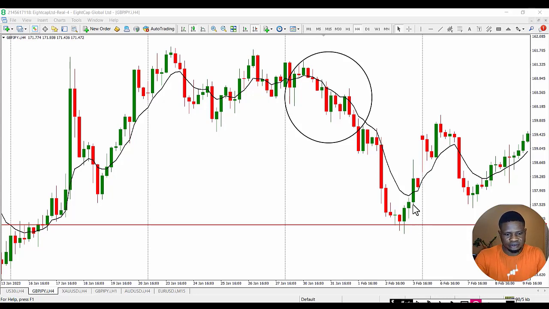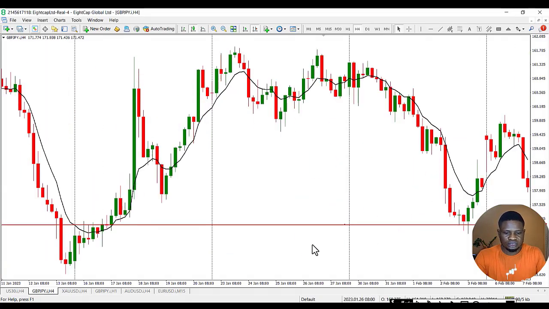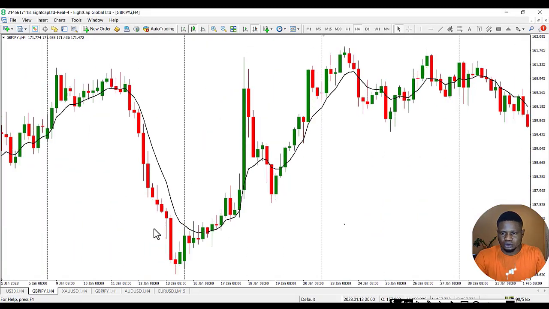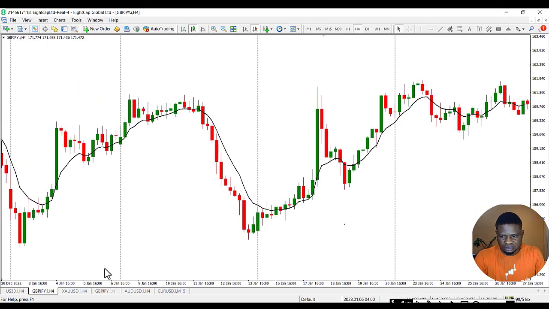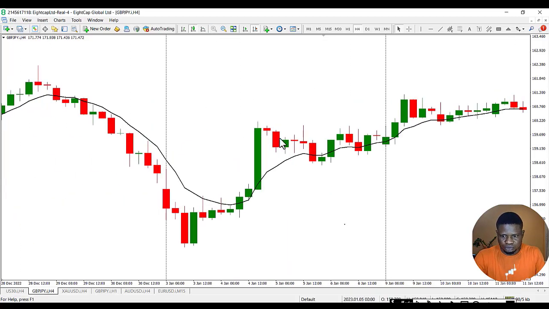It is not a bad idea of what to trade. So that is that on the sell side. So let's look at the buy side. Let's look for the same strategy on the buy side. So let's say I wanted to buy this asset. This is Great Britain pounds Japanese yen, and then all I need to look for is